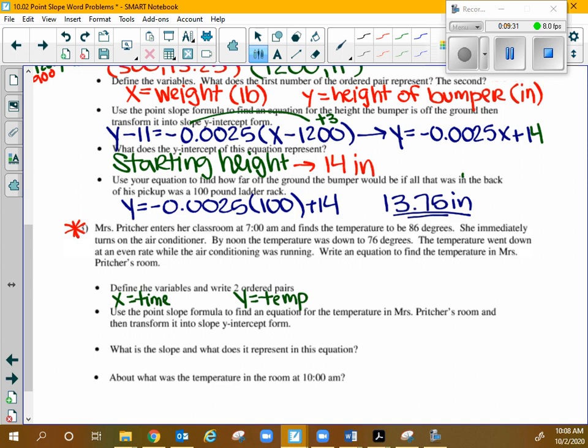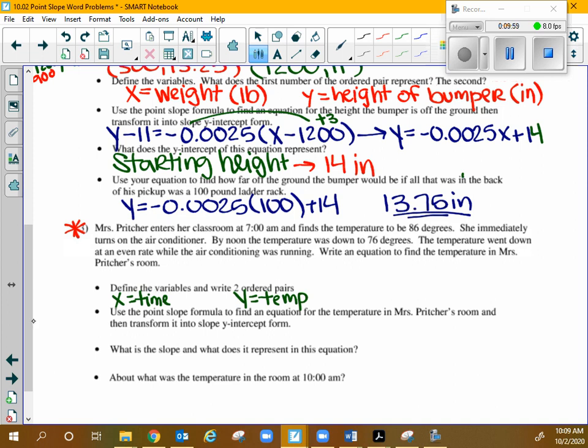Would I be able to find the temperature at 5 p.m. by plugging 5 into whatever equation I find? No, because I went from 12 to 1. As time goes on, we go 7, 8, 9, 10, 11, 12, 1. I can't plug in 1 after 12. I would plug in 13, so I could use military time, or realistically, when she walks into her